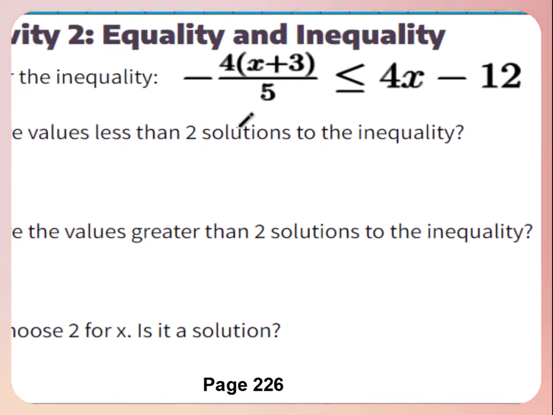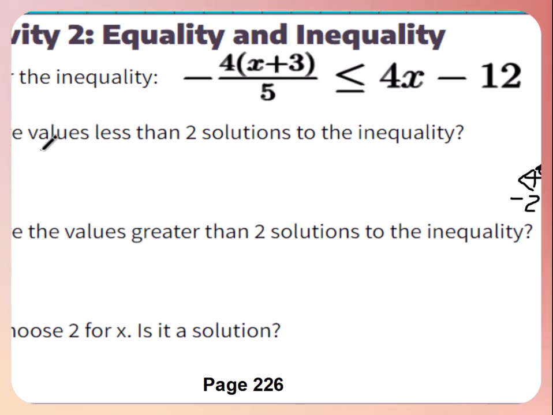Activity 2, consider the inequality negative 4 times x plus 3 over 5 less than or equal to 4x minus 12. It first asks us, are the values less than 2 solutions to the inequality? So think about your number line and think about numbers that are less than 2. So I'm going to put 0, 1, 2, negative 1, negative 2, and so forth. Any of these numbers that are in this direction are less than 2. So pick a number that you'd like to work with. I'm going to choose